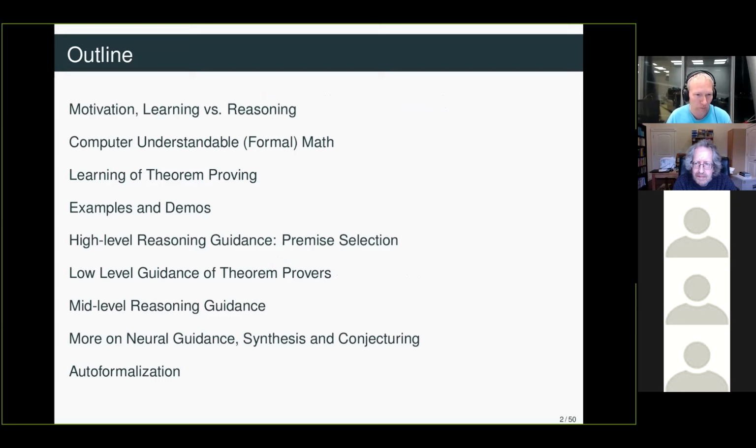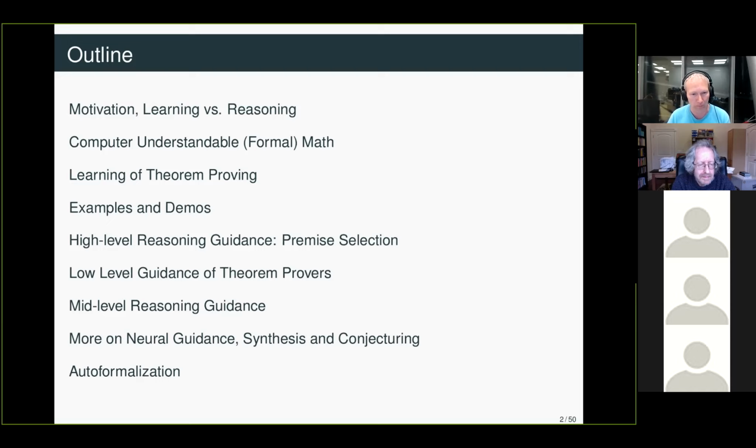And I will mostly focus on the various ways how we combine typically some machine learning and some theorem proving tools, and what it can be divided into is sort of high-level reasoning guidance called premise selection, and that relates to tools called hammers that are really used, especially in the Isabelle system, quite a bit. Then low-level guidance of theorem provers, where you really guide